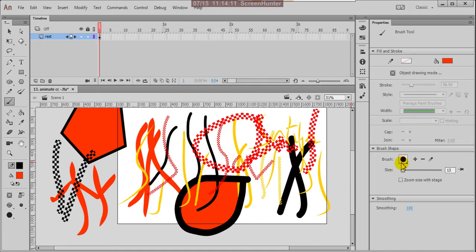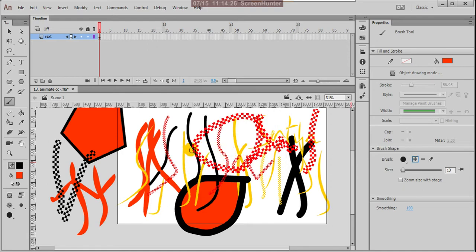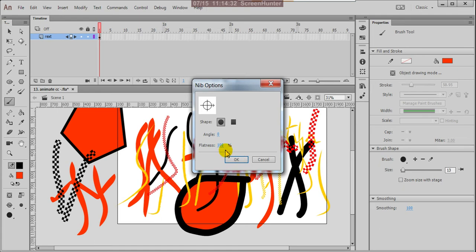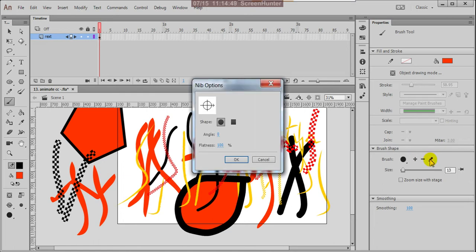If you see here, this is the brush shape, and you can add a custom brush shape. You can choose the angle however you want. Here I don't want to give any angle. This is a rough brush, the stroke is round, and this is square. Here the minus deletes the custom brush tool shape, and this is edit custom brush tool, so you can edit by giving values here.